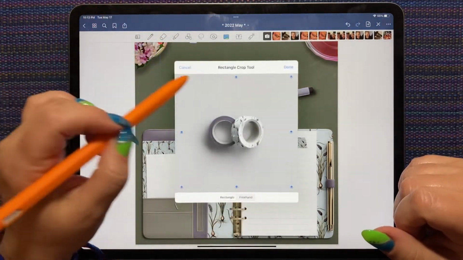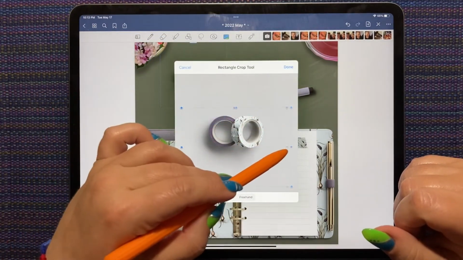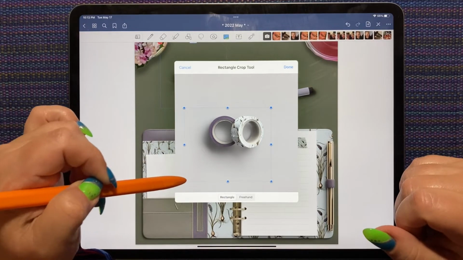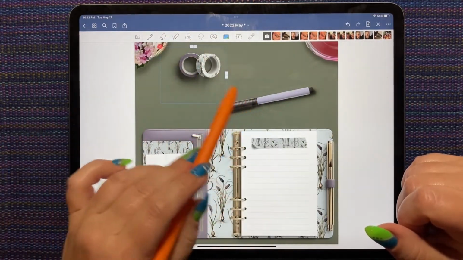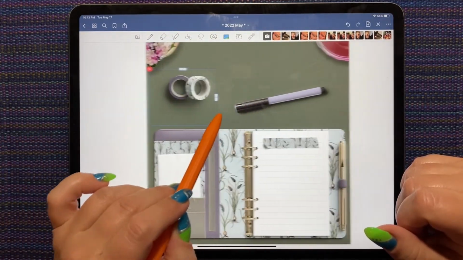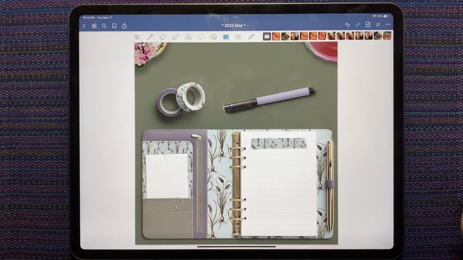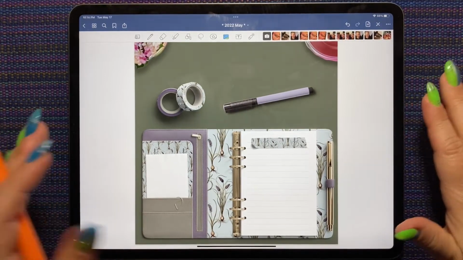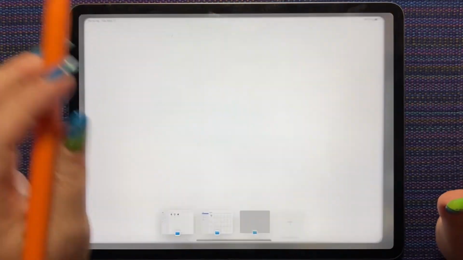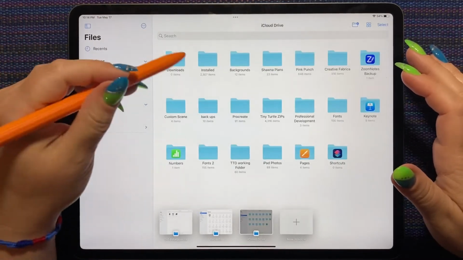And this one has a big shadow. So I'm not going to mess with that too much because I don't want it to look funny. So you can see we have our desktop layout coming together, super cute. Now, one of the other things I like about Custom Scene is